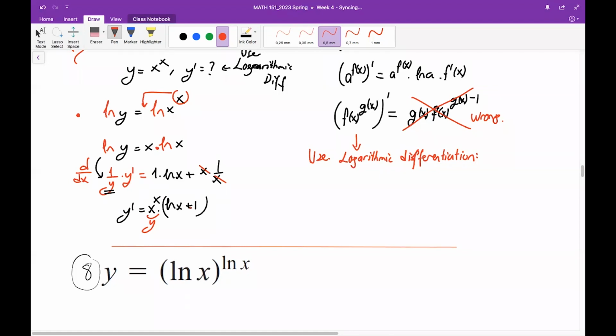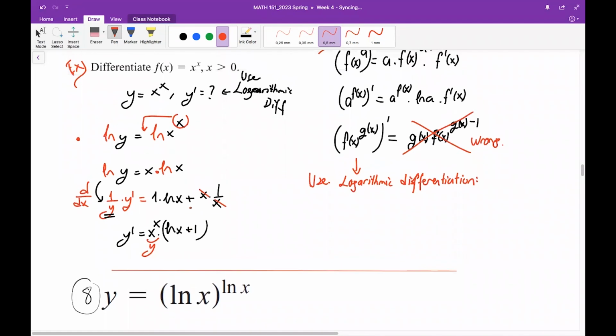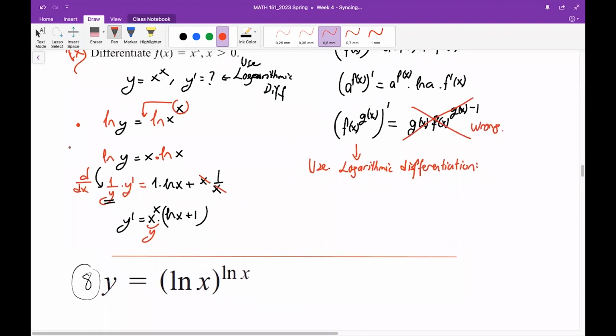Okay, so this is a new tool for us. We call it logarithmic differentiation, and it is applied when your function to differentiate has x-dependent things on both the base and the power, like that. And there are two steps in applying logarithmic differentiation. First, put ln on both sides and take the power down. And then the second step is to take the derivative of both sides with respect to x and do your computation.